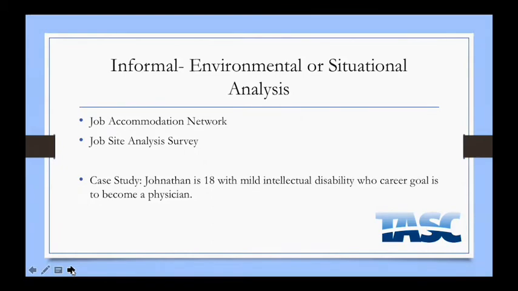So what we're saying is a critical part of the job analysis involves the identification of reasonable accommodations. That's why I mentioned the Job Accommodation Network, because a lot of times job restructuring, modifying equipment, or acquiring those adapted devices, reorganizing some type of workspace, or utilizing the job coach, all of that requires things for us to have to do to make this successful. So we want to make sure that we get an accurate picture of all of that by collecting this type of data. And this is really an excellent source of information on job accommodations and modifications, the Job Accommodation Network, because